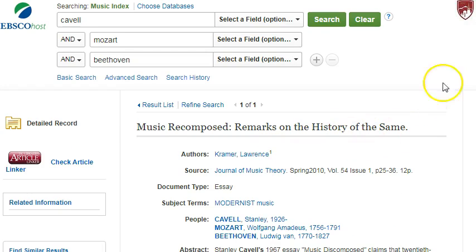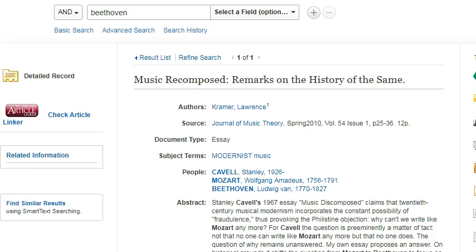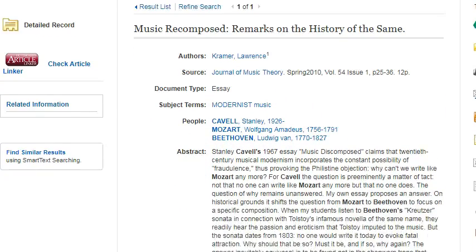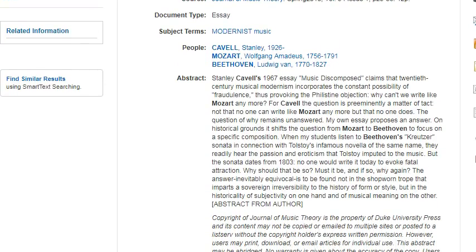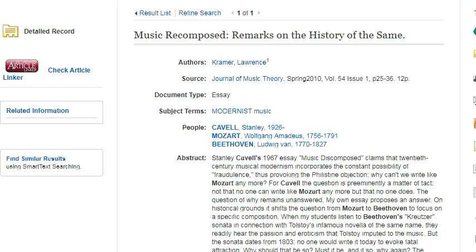This seems to be the article we're looking for. It's titled Music Recomposed, Remarks on the History of the Same. It's by Lawrence Kramer and was published in the spring 2010 issue of the Journal of Music Theory. There is even an abstract to summarize the article for us. However, there's no full-text link to access the article itself,